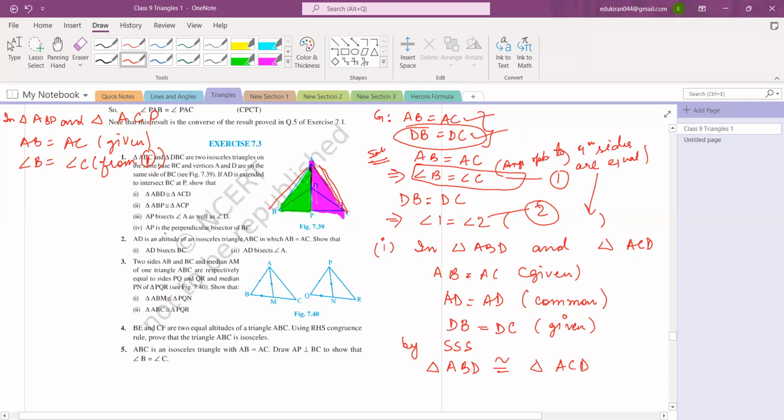Yeah, there is one common side. Miraj, which is the common side? Can you see this line AP is common? So AP is equal to AP, common. Okay, so which criteria has it become? This is one side, angle, side. So by SAS criteria, these two triangles are congruent. So triangle ABP is congruent to triangle ACP.